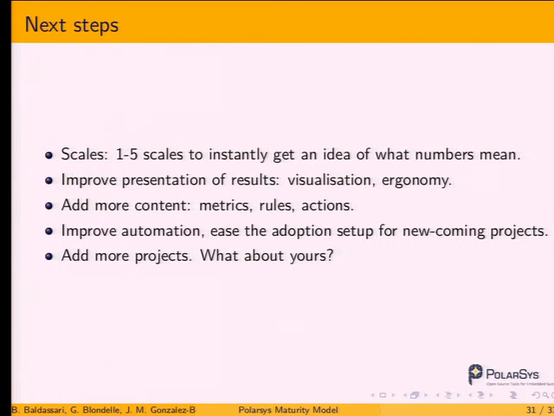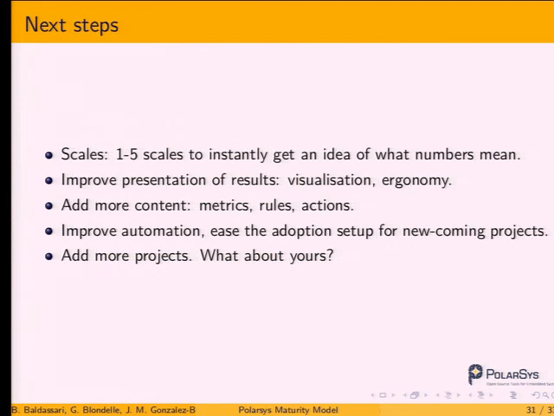We have to improve the automation. The goal here is to set up something like a Hudson job, and if you want your project to be analyzed with this process, then you will only have to fill in a few parameters, and then the whole thing would be automatic, and then you will get the assessment of your project. So that's not exactly the case right now, to be honest, but if you want to come into that, I can help you, and soon you will be able to do that by yourself.